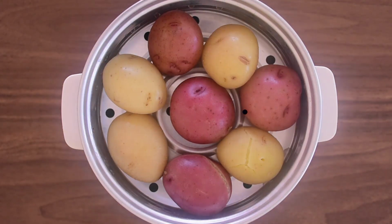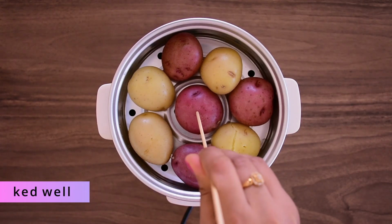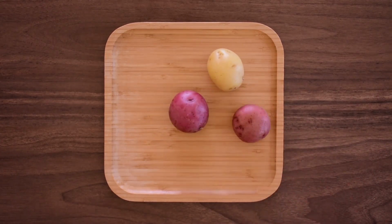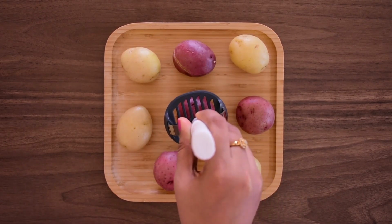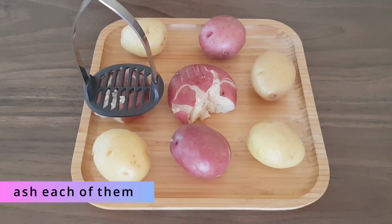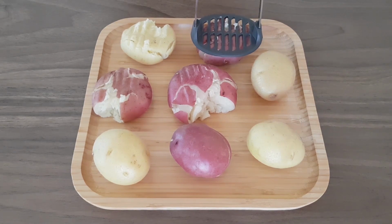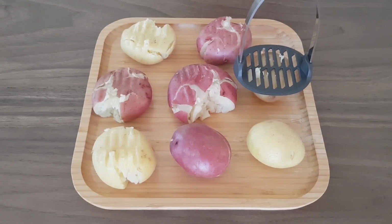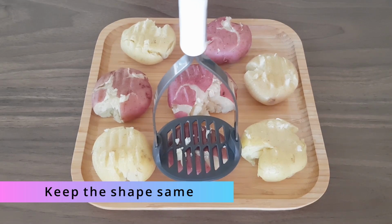Once the potatoes are cooked well, take them out of the steamer and place them on a flat surface or a plate. Now, the important step of this recipe is the presentation. And for that, we need to mash the potatoes evenly to get a flat base of it. Mash the potatoes gently with a mash wire or using the flat surface of a small bowl. Once all the potatoes are shaped well, let's keep them aside